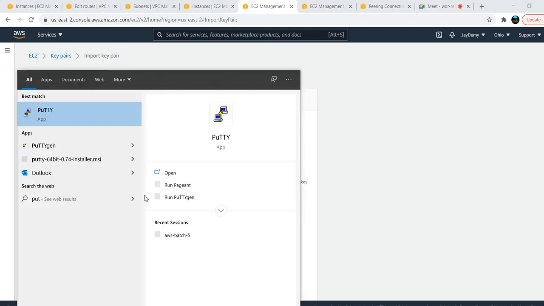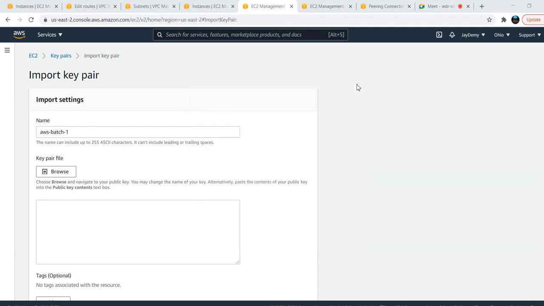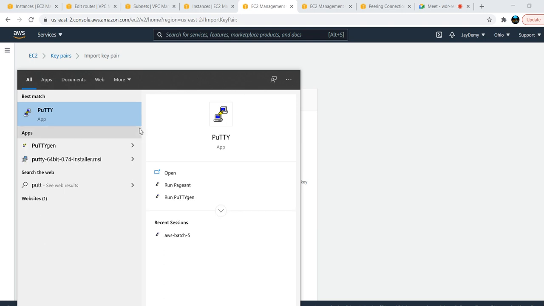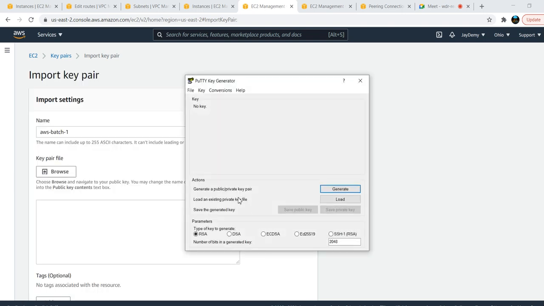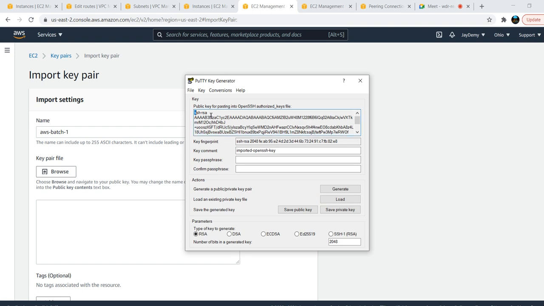So I'll open PuTTYgen. With the help of PuTTYgen, I'll just load my private key here. Then this is my private key, I'll open it here. See, this is my public key.